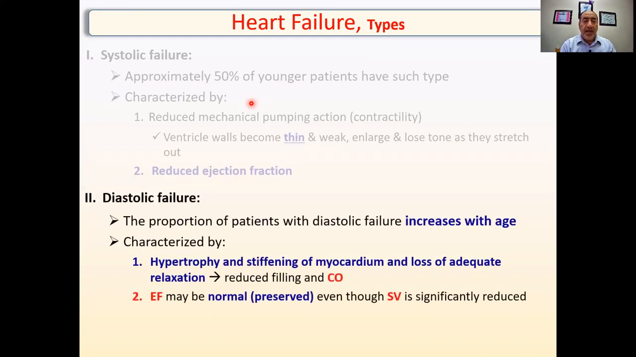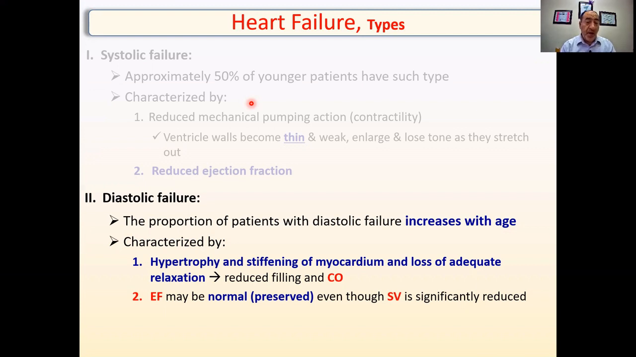Okay, the second type is the diastolic failure. Diastolic refers to diastole, systolic refers to systole when the heart contracts. Diastolic refers to the diastole when the heart relaxes. The proportion of patients with diastolic failure increases with age. It's characterized by